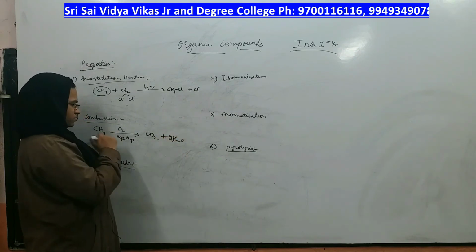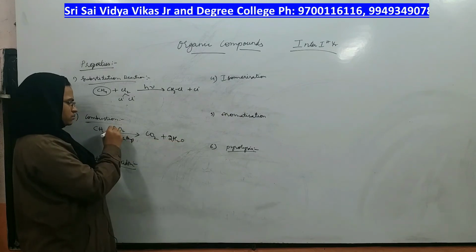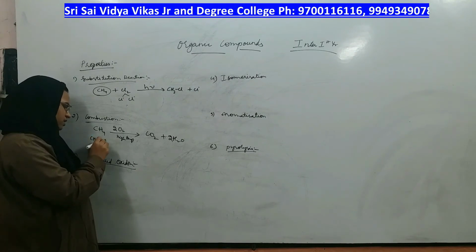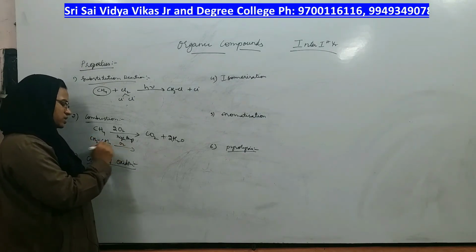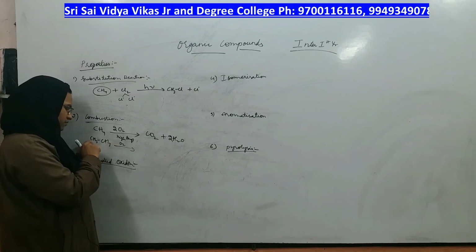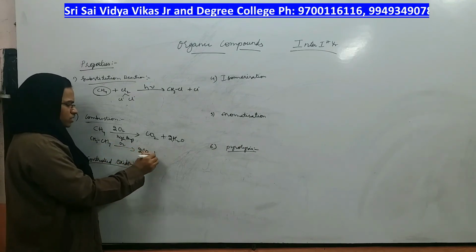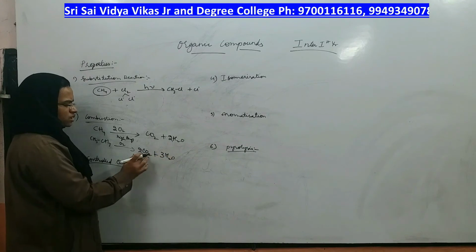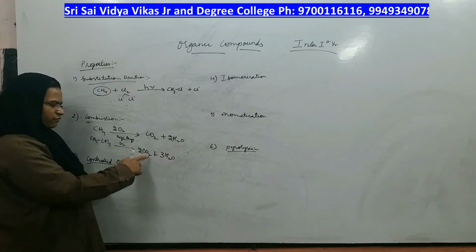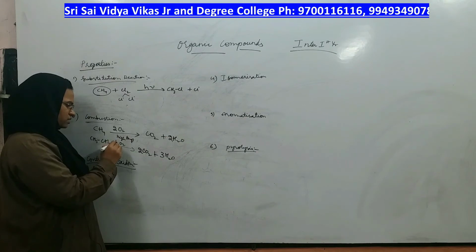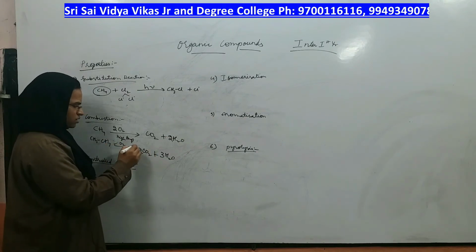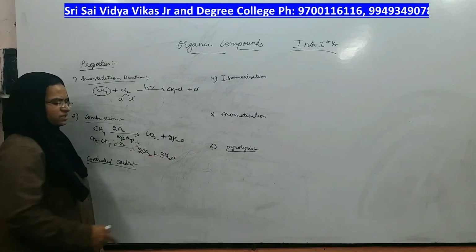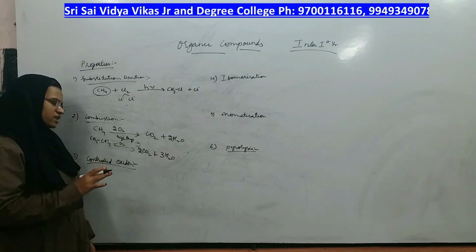All the 4 will come out to give you what? Water. Where will this oxygen come from? 2O2, right? If this is for methane, not just methane, even ethane can undergo complete oxidation to give you how many carbon dioxides? 2 carbons means 2 carbon dioxides. How many hydrogens? 3 plus 3, 6 means 3 water. 3 oxygens here, 4 oxygens here. So what you should take is half of the water molecule, half of the carbon dioxide. Either this way you can take, or you can balance the oxygens in the other way also.